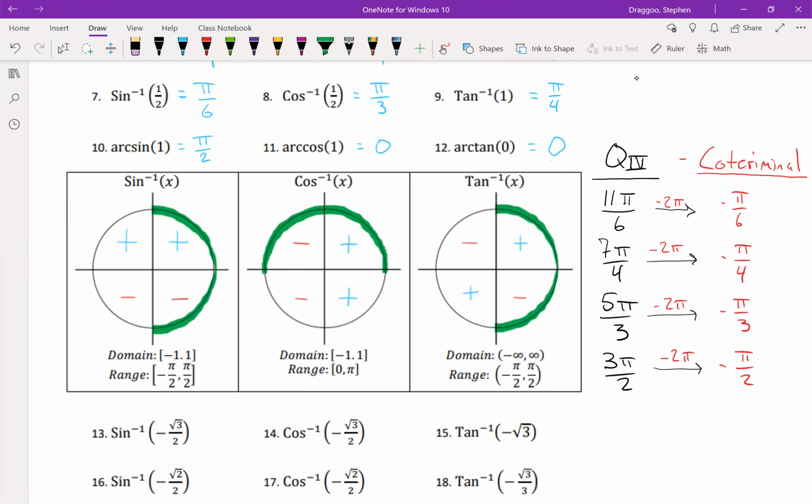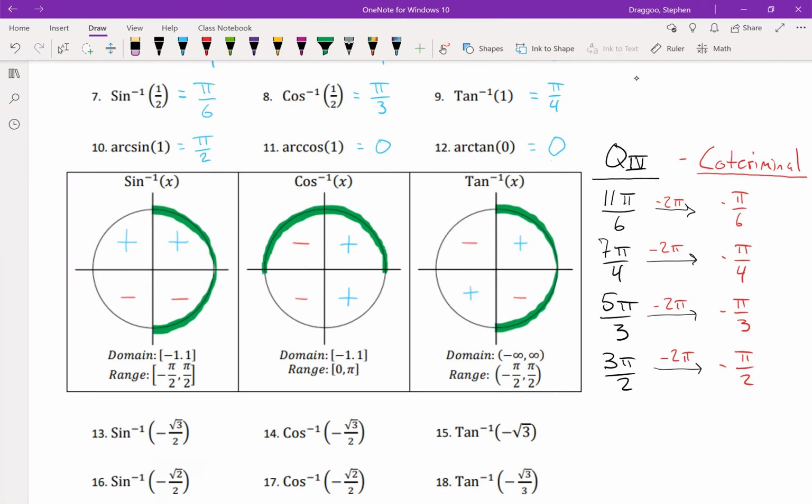On to tangent inverse. We're going to choose to use the same range as sine inverse because at both pi over 2 and at negative pi over 2, tangent is going to be undefined since tangent has a denominator of cosine, and pi over 2 and negative pi over 2 are where cosine is 0. So we don't want to divide by 0, meaning I don't want my range to go over that pi over